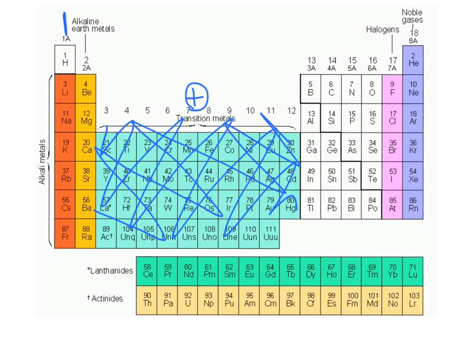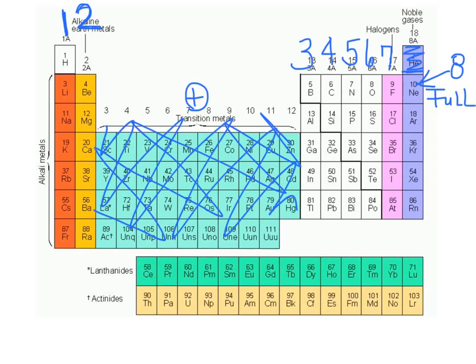So everything here ends in s1. It has one valence electron. Everything in this column has two valence electrons. And as we go across, 3, 4, 5, 6, 7, and then everything with the exception of helium, they all have 8. And 8 represents having a full outer shell. So this is how the table is organized,